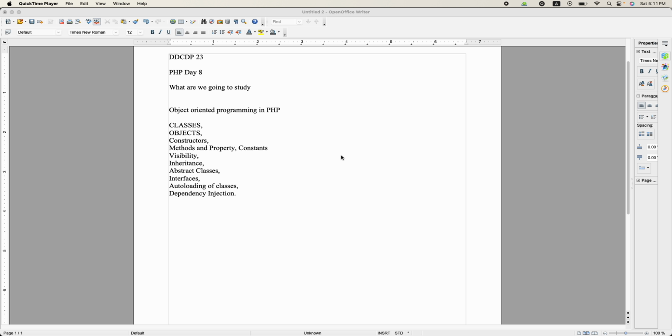So far, whichever PHP we have done to build that blog website, that was all spaghetti code. If you are students, predominantly and most probably you will start with code which we already have written, basic PHP code. Many call it procedural PHP, but now it's time to move on and we will start with object-oriented programming in